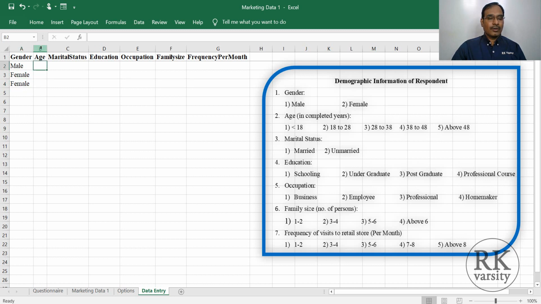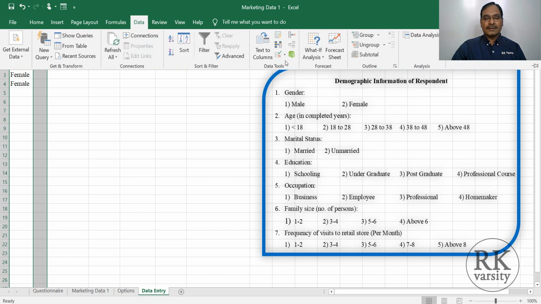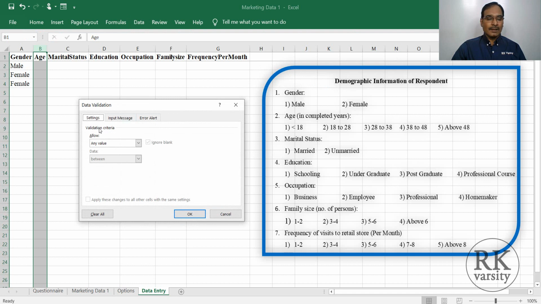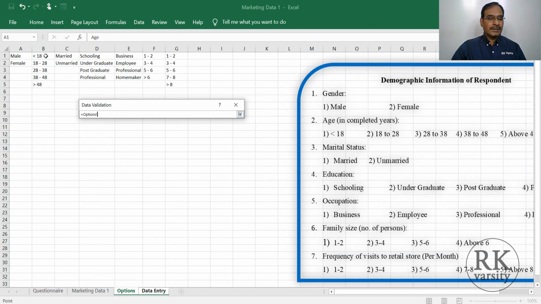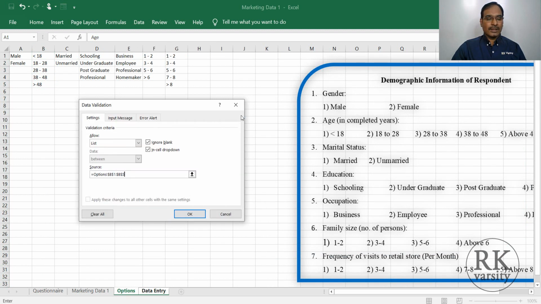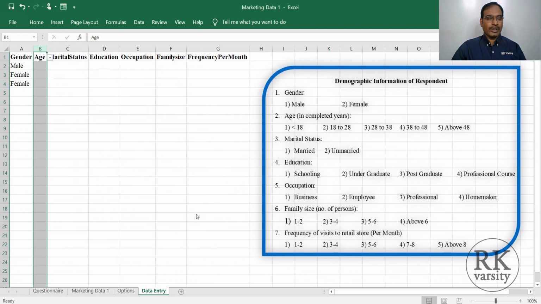Likewise, if you want to create a list for the age, select the column. You have to select the whole column. Just click on B here, and automatically the whole column gets selected. Then click Data, then Data Tools, Data Validation. Now under Allow, select List, then for source, click on the up arrow, go to your options worksheet, select the options here and click the down arrow, then click OK.